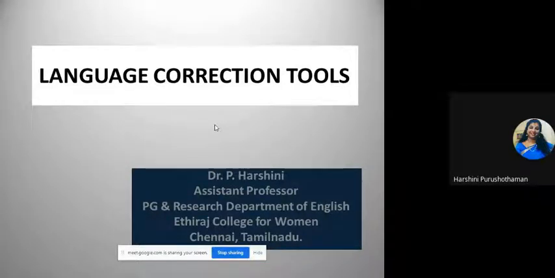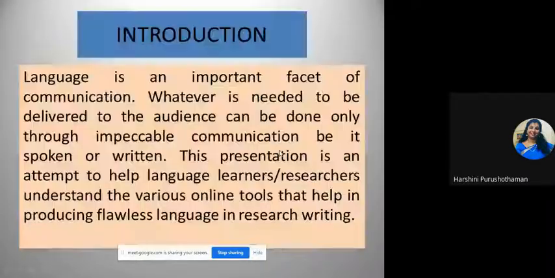So the topic is language correction tools, and I'm the presenter. Okay. So now let me go for the introduction first. The language is an important facet of communication. Whatever is needed to be delivered to the audience can be done only through impeccable communication, be it spoken or written.